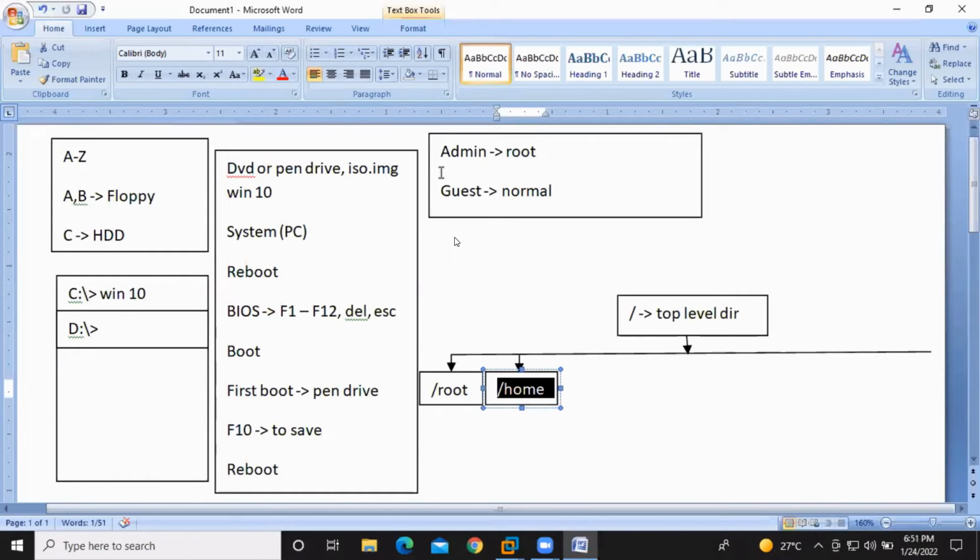In the same way, if I create multiple user accounts, and the multiple users create files and directories, and all the files and directories are stored in /home, then what will happen? We are going to get confused about getting the data for a particular user. Because of that reason,